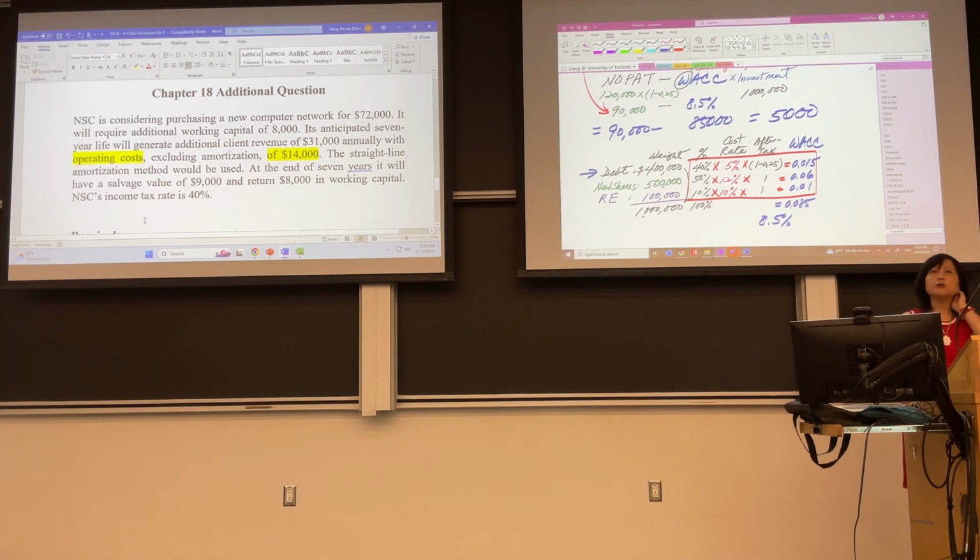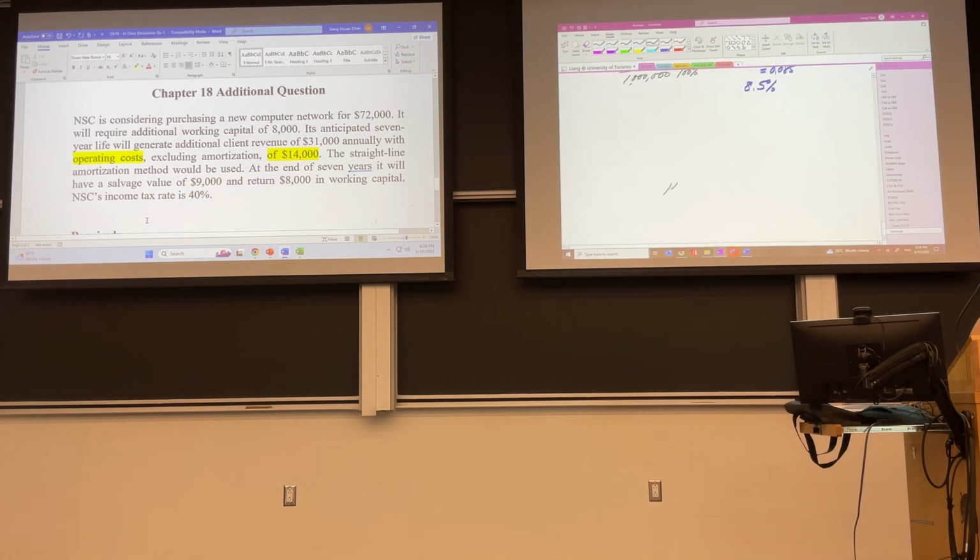This is good for calculating net present value. If the $14,000, we already have a depreciation here. Let's say $2,000 included depreciation. Then you have to take away the depreciation. Only $12,000. So when we calculate net present value, do not include depreciation. So this one is good. $14,000 is all cash expenses.